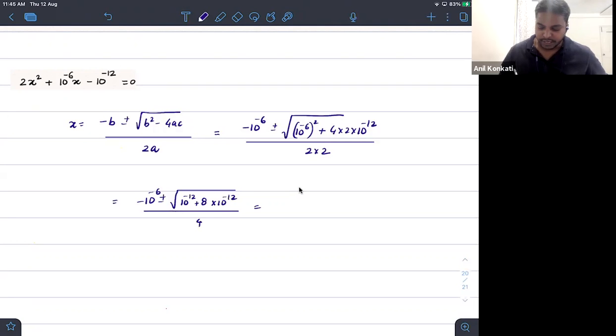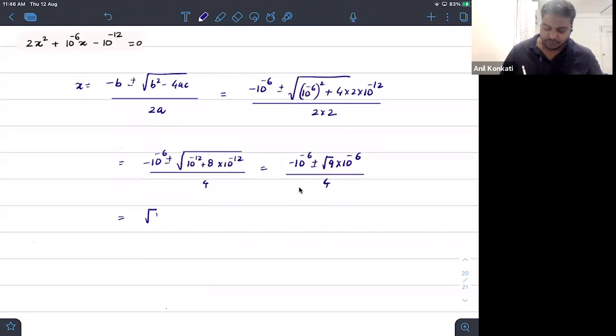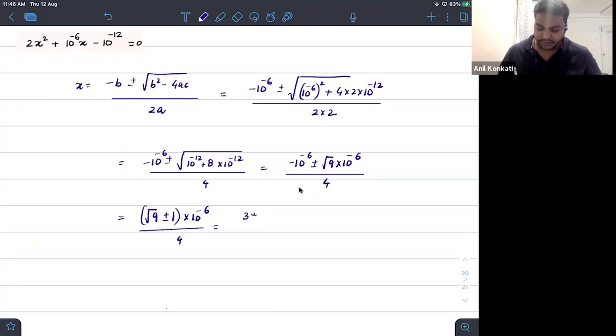So देखो, this 8 plus 1 will become 9. So 10 raised to power of minus 6 plus or minus under root of 9 into 10 raised to power of minus 12 बाहर लिखेंगे तो 6 बन जाएगा. That divided by 4. So which is equal to root of 9 plus or minus 1 into 10 raised to power of minus 6 divided by 4. And root of 9 is 3 na beta. So 3 plus 1 into 10 raised to power of minus 6 by 4, ये एक आंसर हो जाएगा,